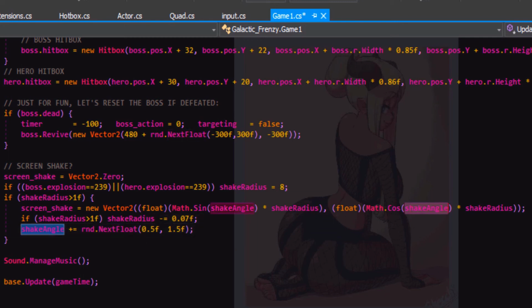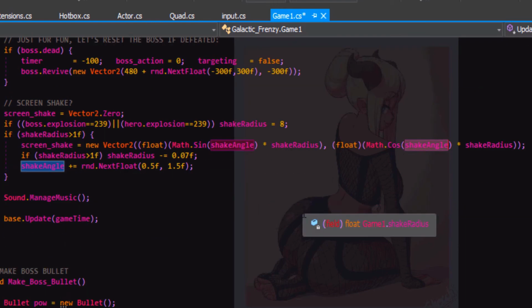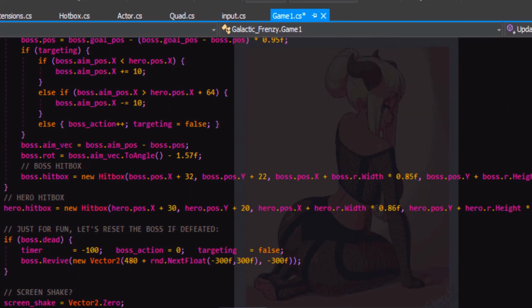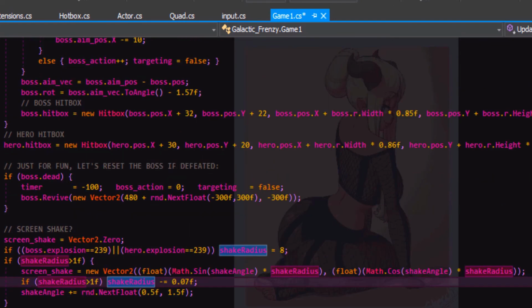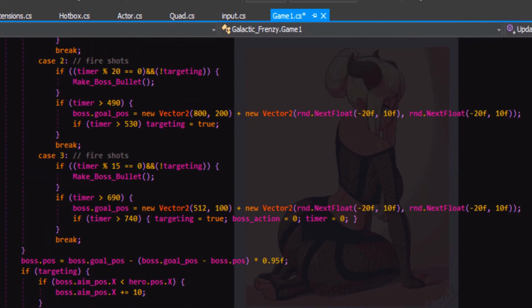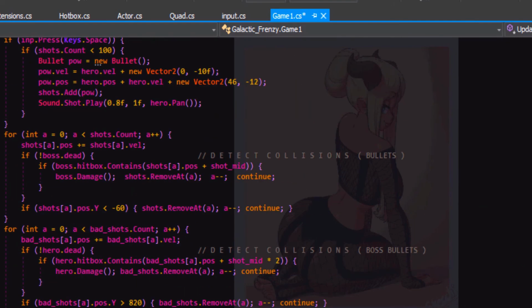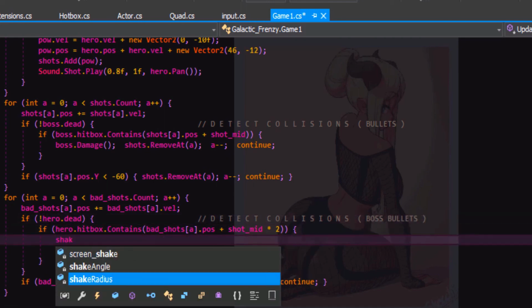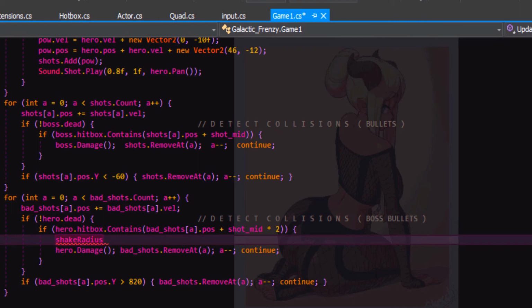Now, you may be wondering, how do we add this shake angle to the world transform for our begin? We'll do that next. Actually, you know what? Before we do that, let's make it so that we kind of experience the feeling of getting hit with a tiny screen shake each time a boss bullet hits us. So let's go to where our boss bullets are, right here. And if this hits us, we could add a shake radius that's significantly smaller of 3. So you just gotta get a little bit of a pump.